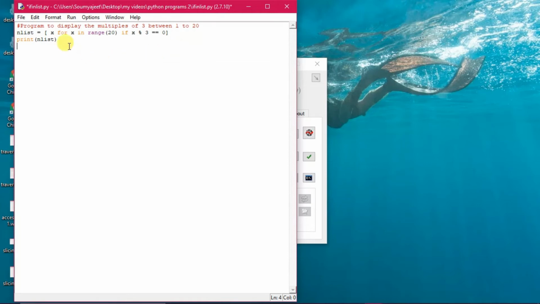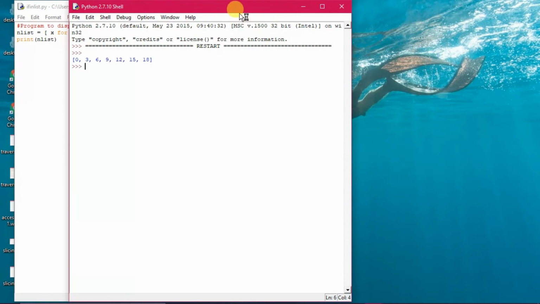What I have done here is that for x in the range, those values will be stored in the list. For those where the remainder is exactly 0 when divided by 3, x is the accepted variable. For x in range 20, meaning starting from 0 to 20, if x modulus 3 equals 0, then x is stored, and that will finally be stored in the n list, which is a list object. So anything is possible. Run and execute this, and you see it prints in this way.